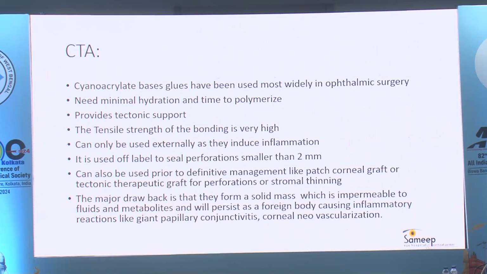It is used off-label to seal perforations smaller than 2 millimeters in size. It can also be used prior to definitive management like a patch corneal graft. If you see a patient with a corneal perforation and you are taking that patient for surgical intervention, maybe you can apply cyanoacrylate tissue adhesive on the table to form the chamber, and then one can go ahead